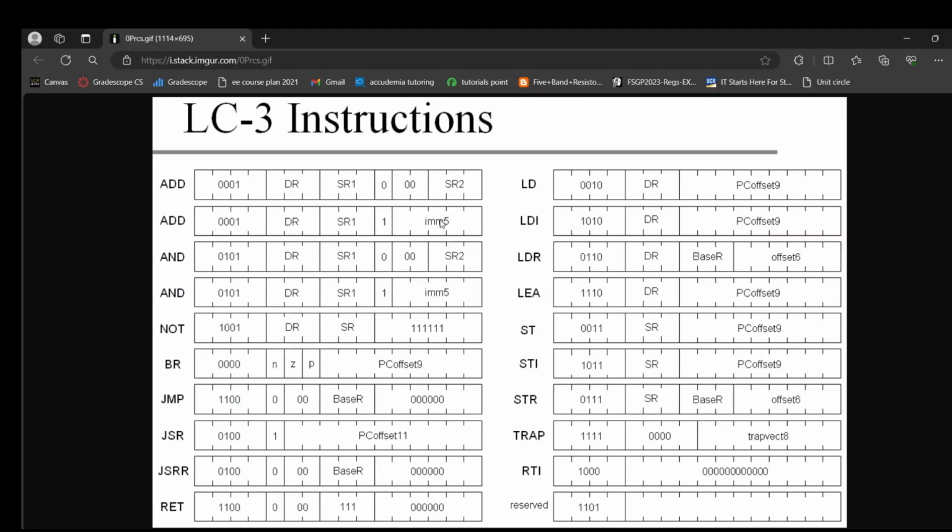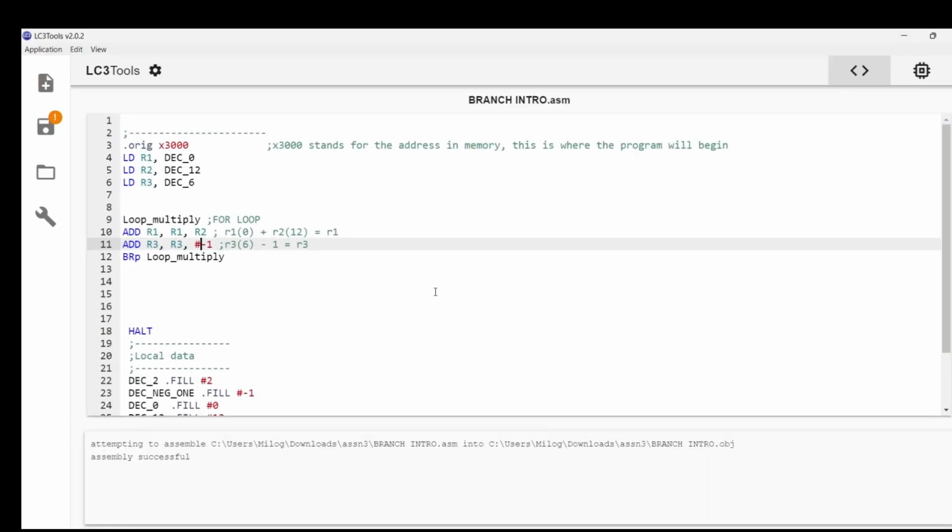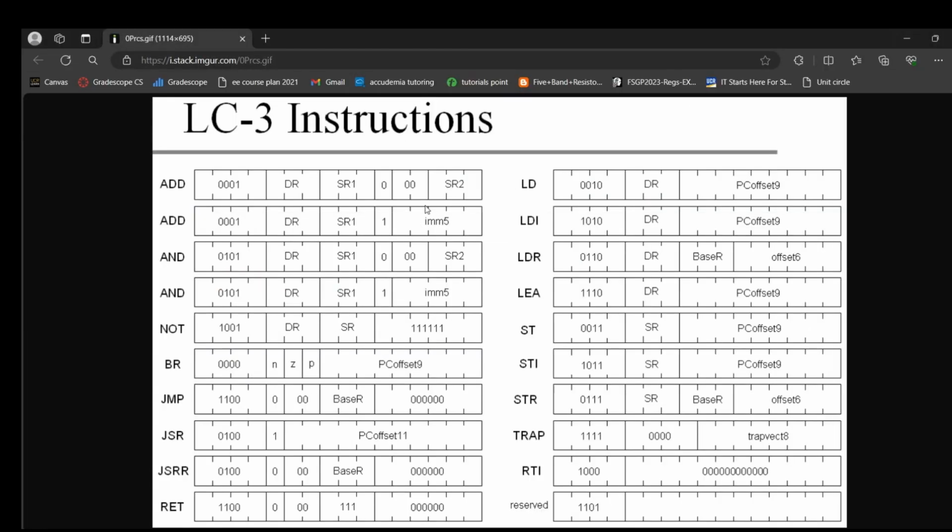So if it's not within 5 bits, my range is from -16 to +15. If I go past or over, or if I go below those or higher than that number, from -16 to 15, it will not work. I will get an error. So if I do this, boom, cannot encode a 5 bits two's complement number. So that's basically telling us, hey, we want this, and you're giving us some range that's just not possible,